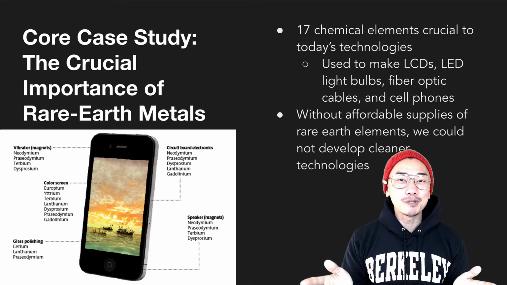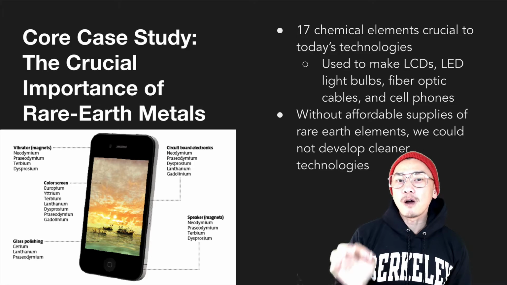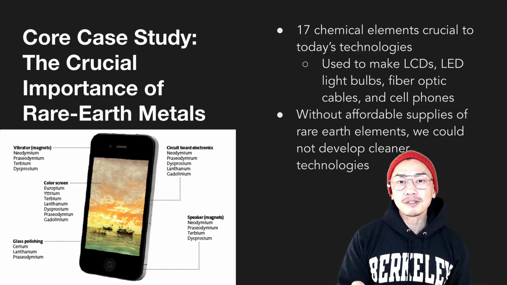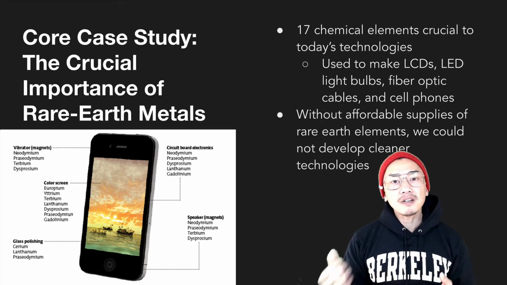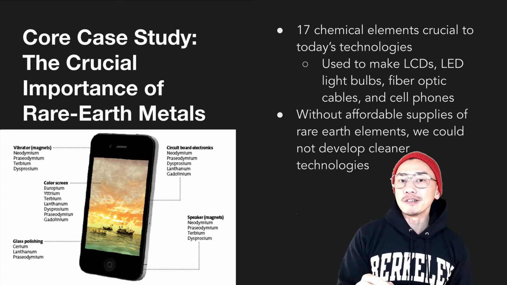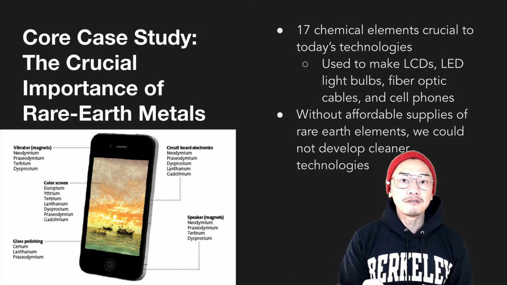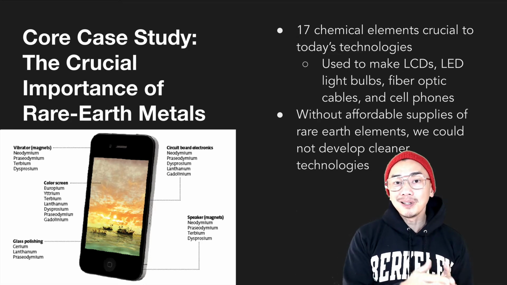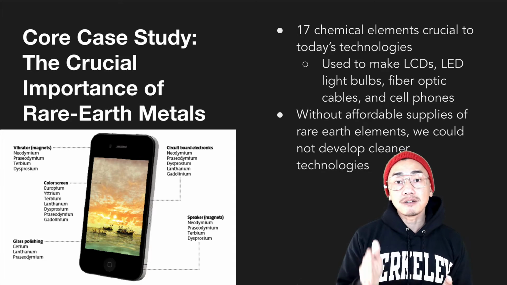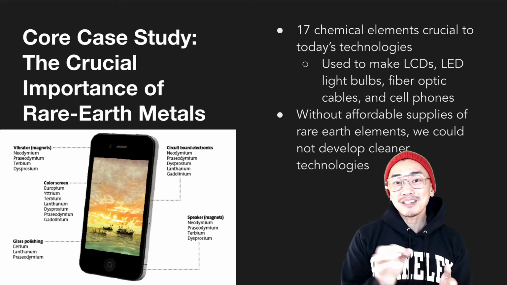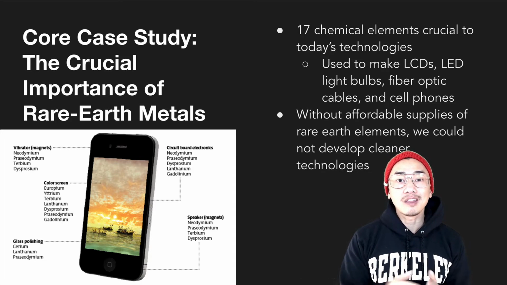The chapter begins with a discussion of rare earth metals. Rare earth metals are 17 chemical elements that are crucial to today's technologies. They can be found in everything ranging from LCDs, LED light bulbs, fiber optic cables, and cell phones. Without affordable and accessible supplies of rare earth metals, we could not develop the cleaner technologies that are needed now